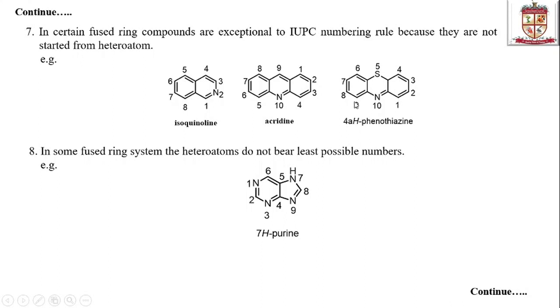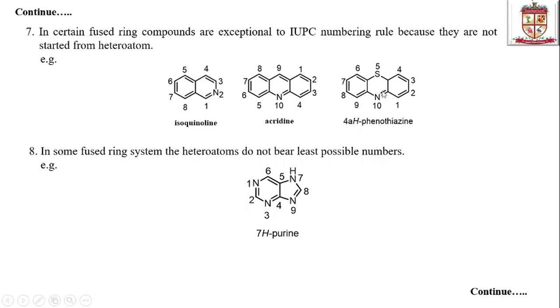Students can give the numbering from this fused ring, or from this fused ring. Likewise, the numbering can start from this 1 2 3 4, but it should give number 5 to the sulfur, and then the nitrogen carries number 10, like 1 2 3 4 5 6 7 8 9 and 10. This is one way, that is clockwise, or this is another way, as shown here, 1 2 3 4 5 6 7 8 9.